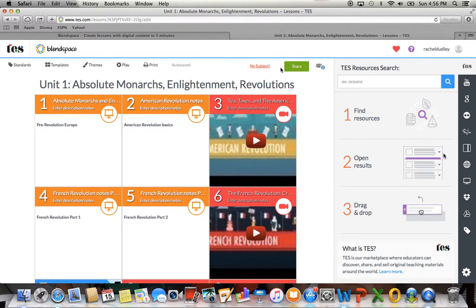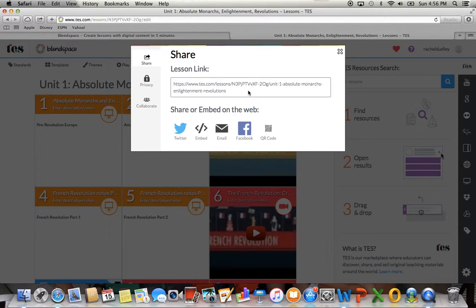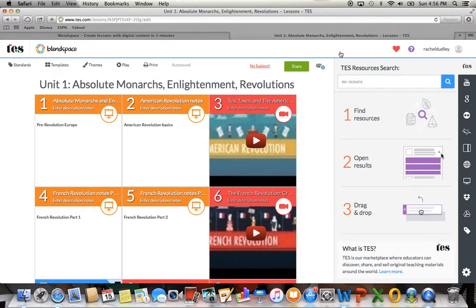I chose not to create a class, and instead I shared it with my students by pushing out the link. So I copied and pasted the link and pushed it out through Google Classroom. You could also email it, you could do a QR code, but that's the way that I chose to have my kids access it. I could also send it to parents